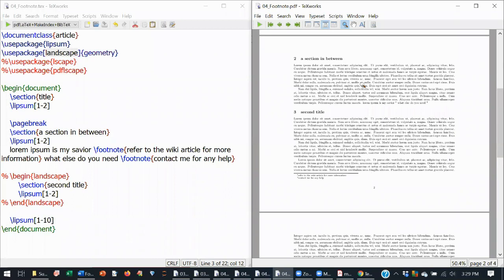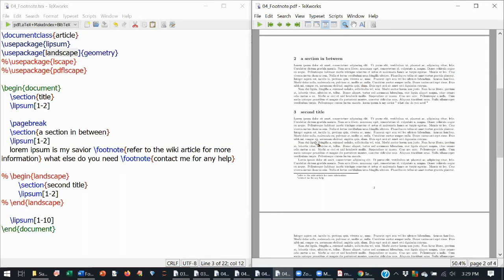So in LaTeX you can orient only the content into another mode, or you can turn the whole page into landscape mode, and in the same way the entire document can be changed into landscape mode.